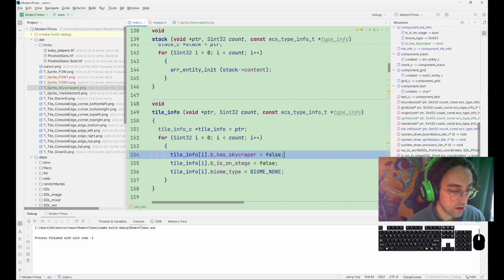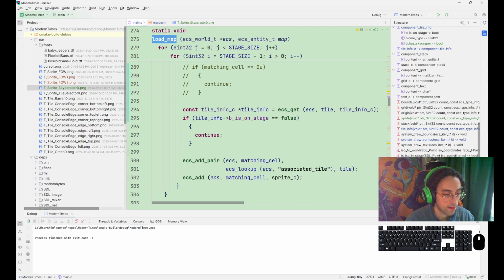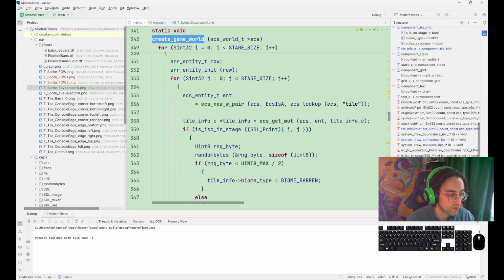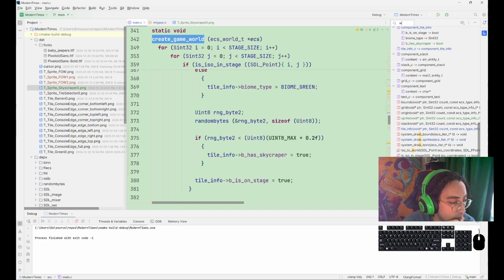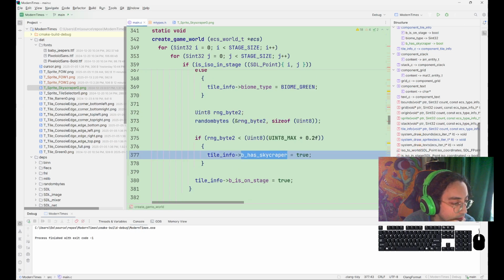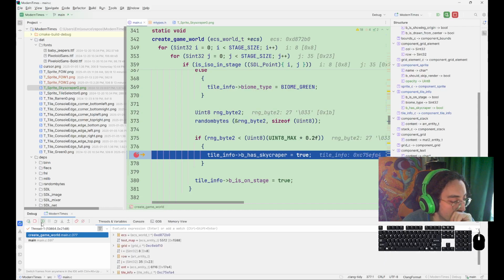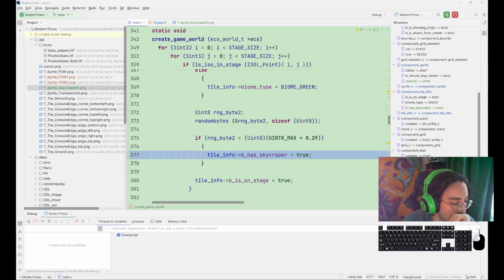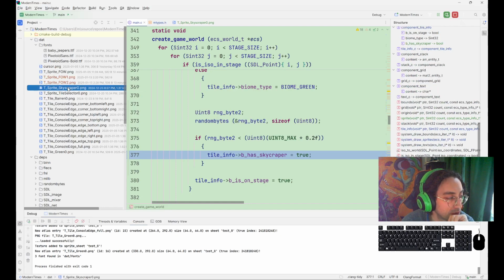And then when we load the map, when we create the game world, interesting, it's almost like